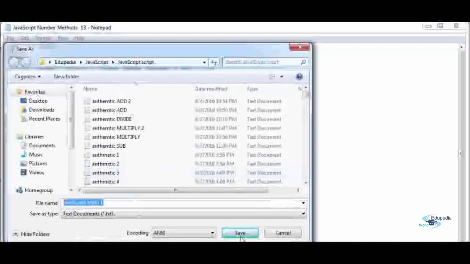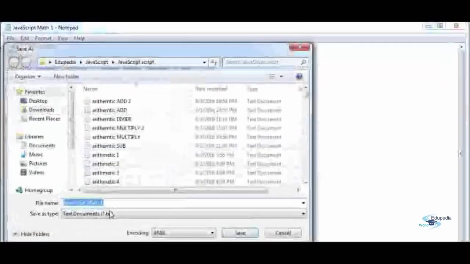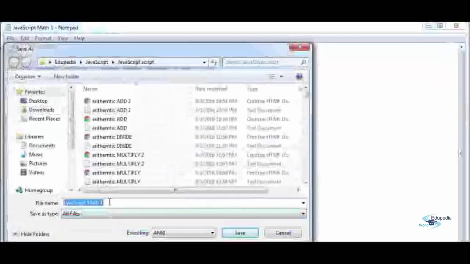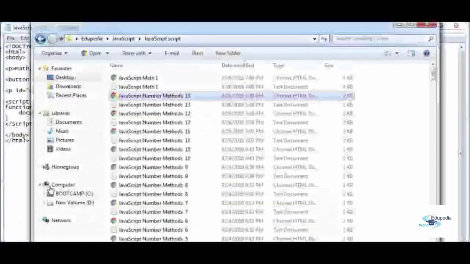All right, this is the first example. Save, and also save the file as .html. Save, and let's find the file JavaScript Math1. This Math.random returns a random number between 0 and 1, and it is, let me tell you, a very